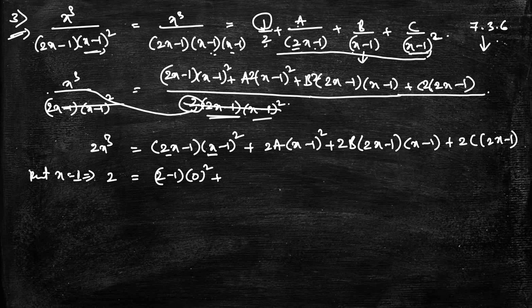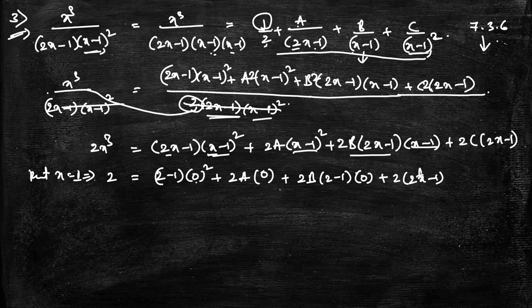because in the x place I will substitute 1, so it will become 1 minus 1, 0, 0 square, 2a into, so this is also 0, 0 whole square, means that will come here. In this I will substitute 2b into 2 minus 1, so it will become 0 here, x minus, 1 minus 1, plus 2 into 2x minus 1, means 1 will come here, so this will come.